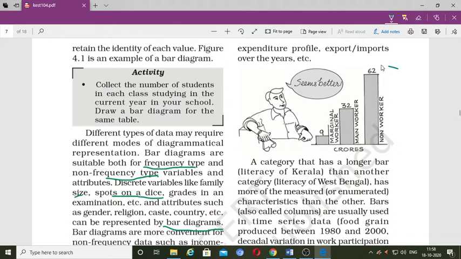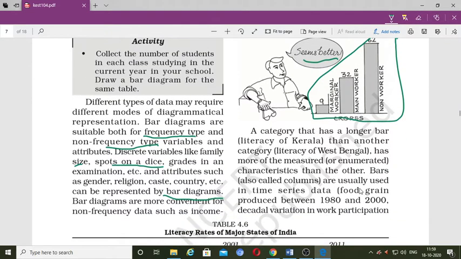These are the bars. You are presenting the data in bars. It seems better. We can see that marginal workers are 9%, the main workers are 32% and non-workers are 62%. So by simply looking at the bars, we can easily understand what this diagram shows.